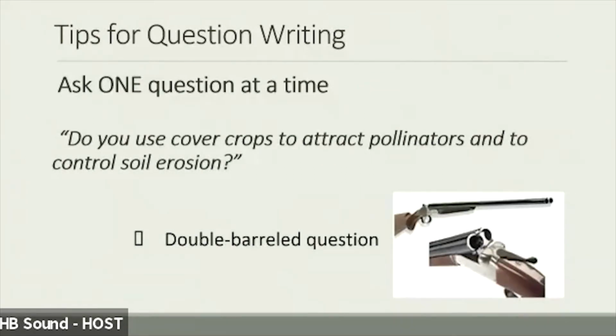Well, I do it to control soil erosion. It's great that it attracts pollinators too, but really I'm just doing it to control soil erosion. So how do I answer that question, right? You've just created a scenario where we've got bad data that we need to throw out, because if you report that 90% of the respondents are planting cover crops to attract pollinators, well, that's kind of a lie, right? We don't know that that's the case.